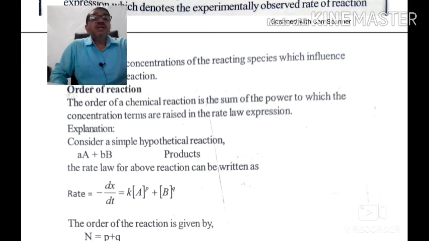Order of reaction. The order of a chemical reaction is the sum of the powers to which the concentration terms are raised in the rate law expression. Consider a simple hypothetical reaction A plus B gives products. The rate law for the above reaction can be written as